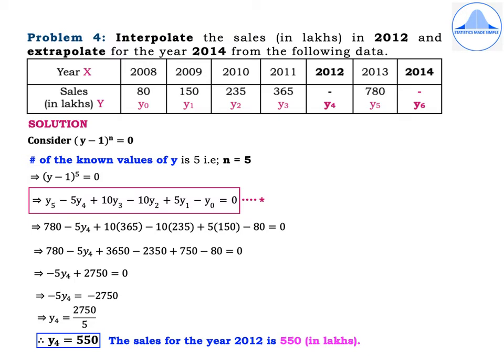Now to write the next step, start with y5, y4, y3, y2, y1, y0 equated to 0. y5 will have the plus sign, y4 will have the negative sign, y3 the plus sign, y2 negative sign, y1 the plus sign and y0 the negative sign. Then from the Pascal's triangle, for n equal to 5, we see that the coefficients are 1, 5, 10, 10, 5 and 1. And as before, the coefficient 1 is not written.